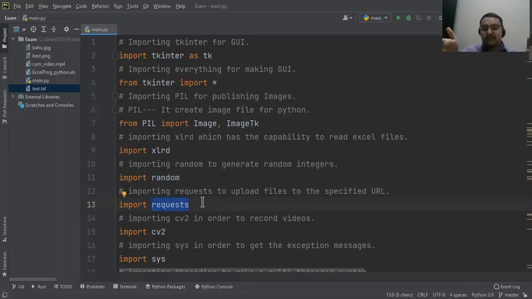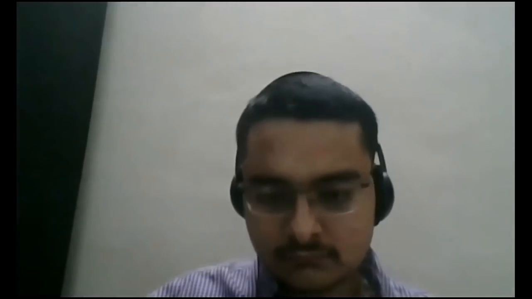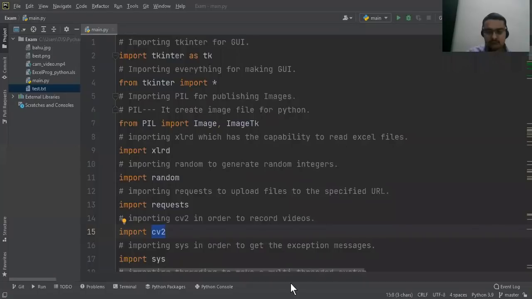CV2 is a computer vision library, used to record videos so that I can access the webcam of the student.